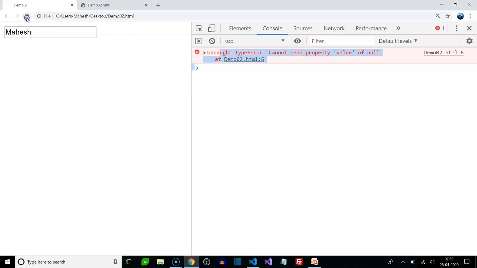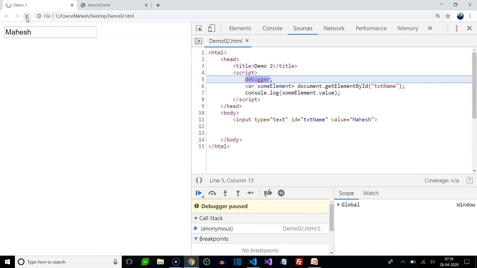So what does the JavaScript engine do now? Have a look. I have refreshed the entire page. Please look at what happens. My code has paused at line number 5, which means it has executed the HTML, the HTML rendering engine has done its job. Head execution started, title execution done. As you can see, demo2 is printed in the title bar on the top left,